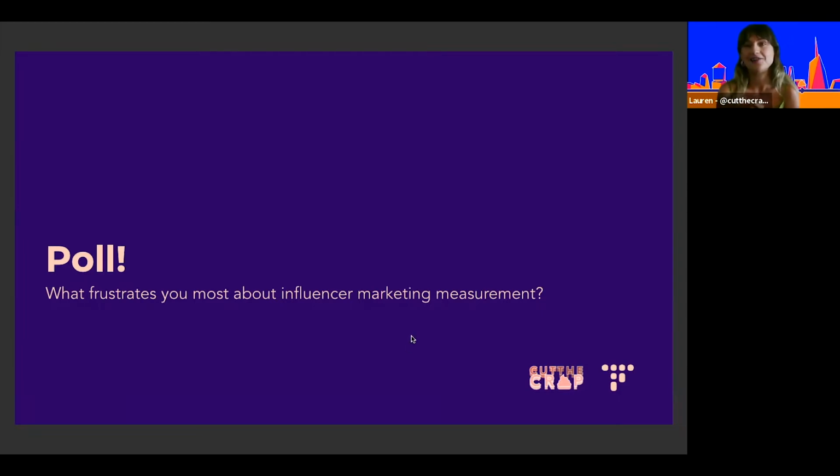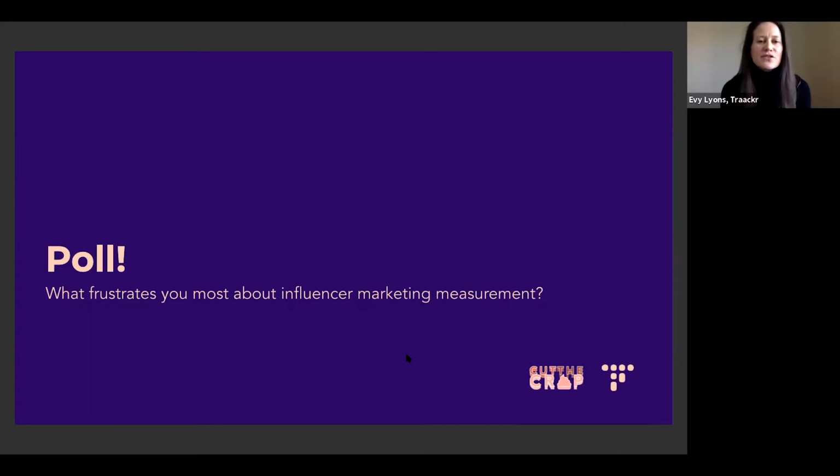So I think silos are the thing that underpins all four of these things here in the poll, and really frustrates the whole measurement system. If you're not ready at the start, set up correctly, then it's going to hinder you all the way through. So hopefully that answers that for you.